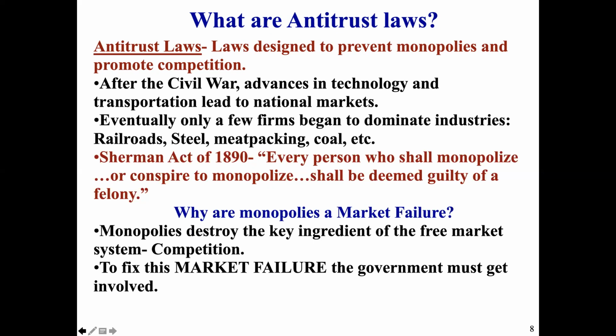So last unit, we looked at perfect competition, and we looked at examples of when markets worked really, really well, and they were an efficient way that society could use its resources to be allocatively efficient and productively efficient. Monopolies are not doing that, right? So this is an example of when even the most free market of economists want the government to get involved to fix things. So they could do that by busting up the monopoly, breaking up the company with antitrust laws, or they could regulate the monopoly. So if we're going to allow a monopoly to exist, maybe because we want that drug company to have a patent, maybe because it's a natural monopoly like a public utility, how are we going to regulate them to address some of the concerns that we've already talked about?